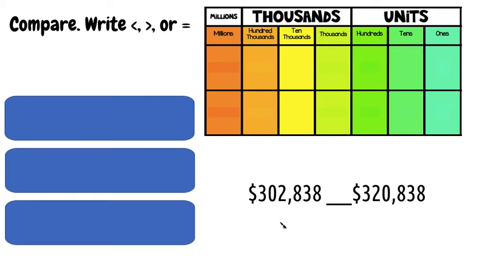All right, I have the number $302,838. Now, just because there's a dollar symbol does not mean that we're changing how we solve our problems. It just means that in a real-world example, now we're dealing with money instead of just M&Ms or whatever you have for your number. Compared to